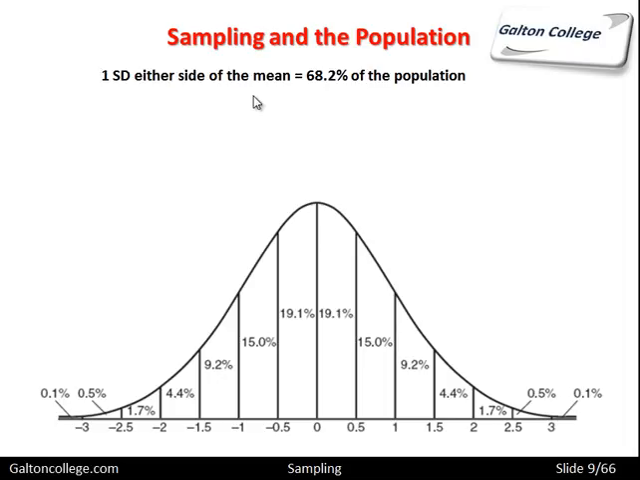If we calculated one standard deviation either side of the mean, that would be 62% of the population. Now we'll deal with standard deviations in other videos, but for the moment, if we took one standard deviation, so we move from, let's say, the mean here, this is the average, we'll call it 0, and we moved across one standard deviation and one standard deviation on the other side, we would have 19.1 plus 19.1, which is 38.2, plus 15 plus 15, which is plus 30. So 38.2 plus 30 is 68.2. In other words, 68.2%